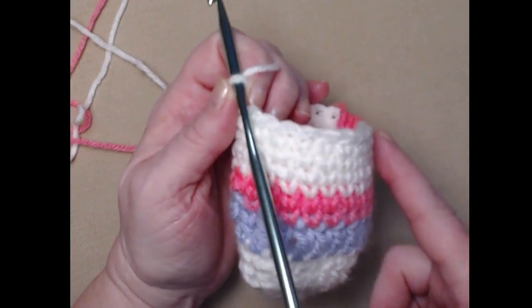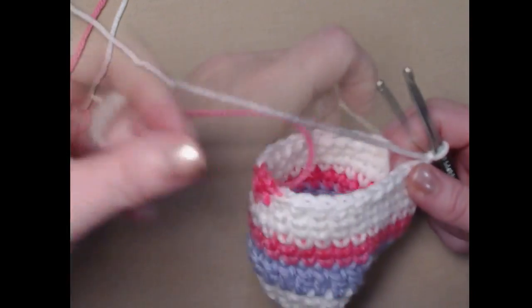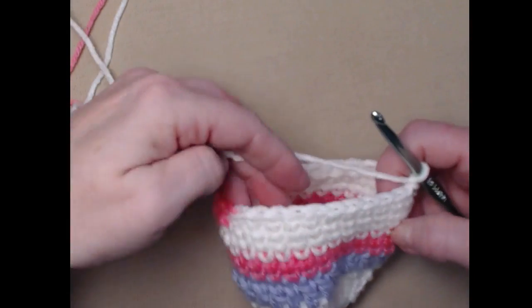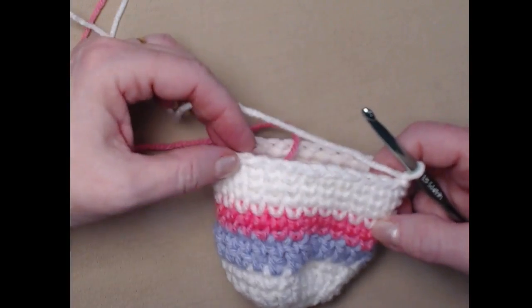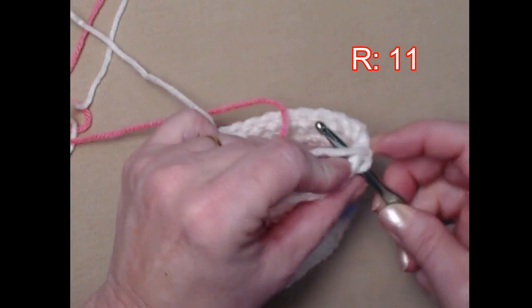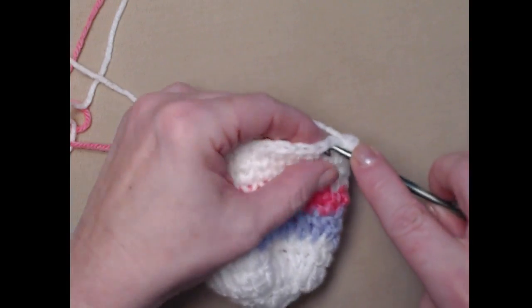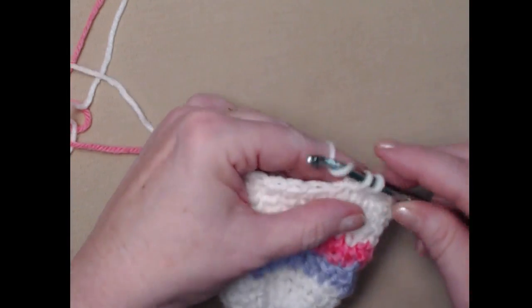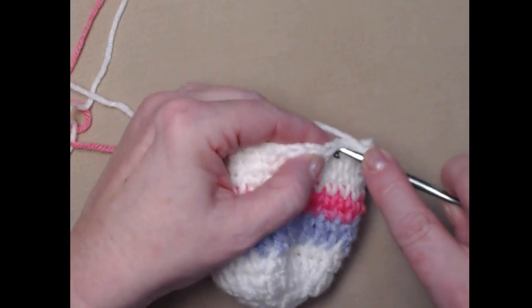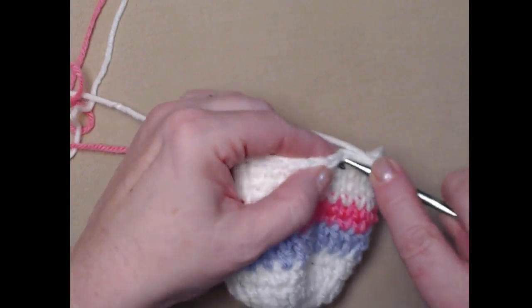I finished those 11 stitches around the side. I've joined and I've chained 1. And what we're going to do is, instead of 11 white, we're going to do 10. We're still stitching, of course, in the center of our single crochets. And remember, like I said, make these just a little bit loose so that you don't have trouble getting your crochet hook in there. So I'm going to stitch 10